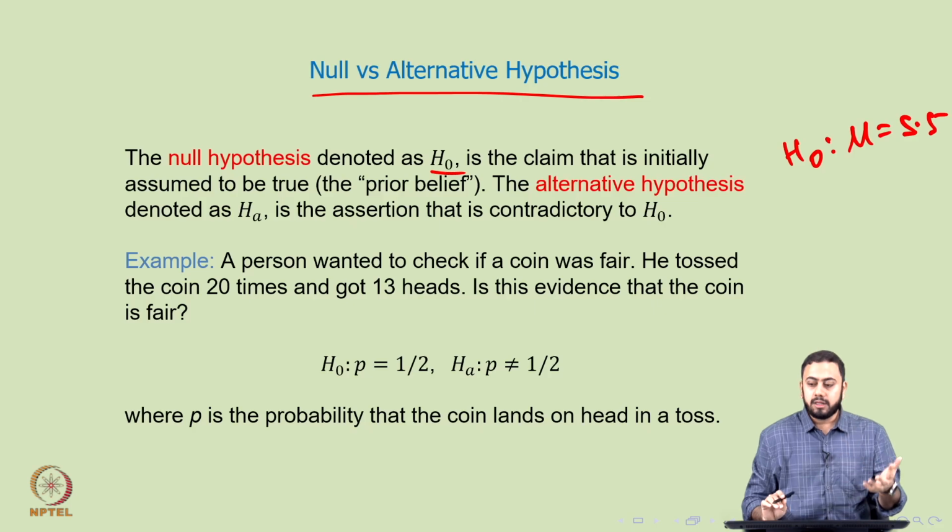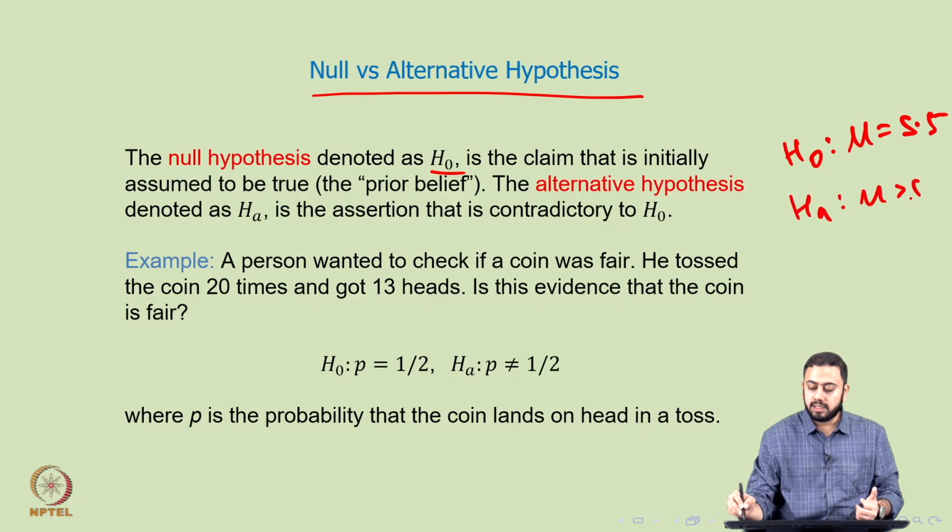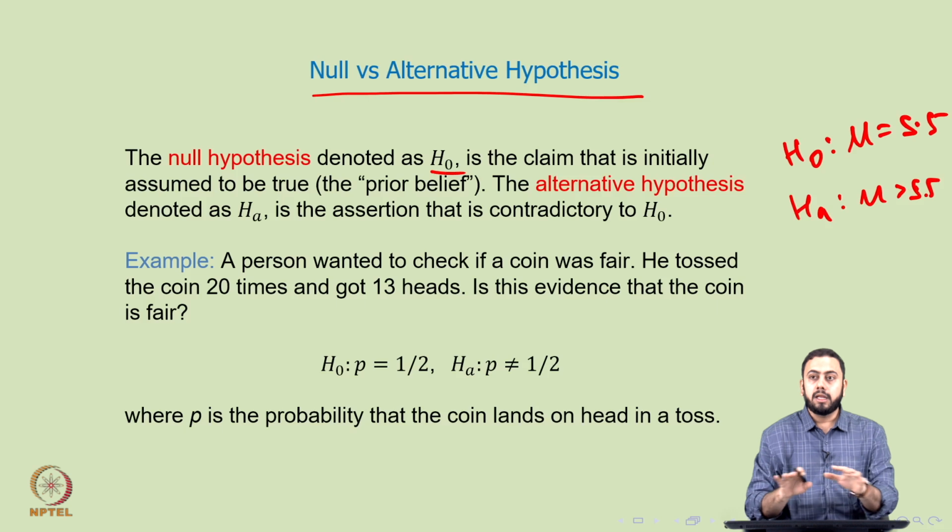Now, I can put this in the null hypothesis. On the other hand, let's say you believe that the height exceeds 5.5. That part I can put in the alternative hypothesis, so mu exceeds 5.5. If you assume that mu exceeds 5.5, you put that in the alternative. Null would be mu equals 5.5, and then you organize the testing procedure. Makes sense somewhat? We'll see some examples, don't worry. But the null and alternative hypotheses have to be in line with whatever you assume.